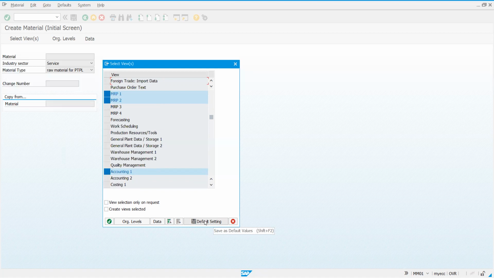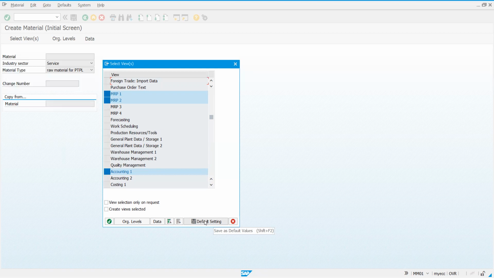Rather, in real time, what happens, we'll have the engineering department who will take care of material creation. It is not the MM consultant or MM end user every time who creates material. It will be the engineering department responsible for creation of materials, and they gather information from different modules, as I told you. So delivery related schedule lines, shipping point, sales organization, and sales views will be given by sales and distribution. It's a different module. Forecasting, make to order, stock, materials requirement planning, production part, these things will be taken care of by PP, production and planning.